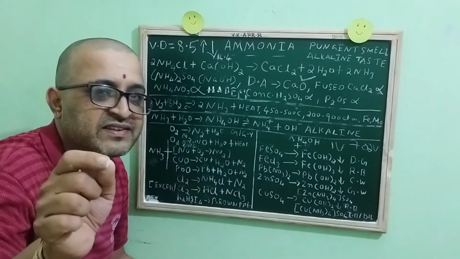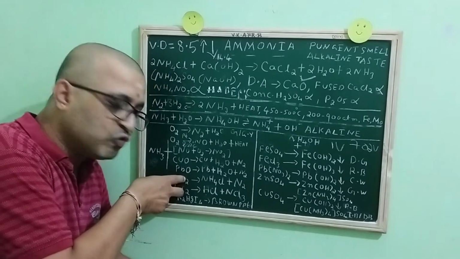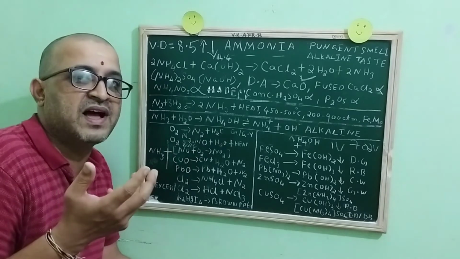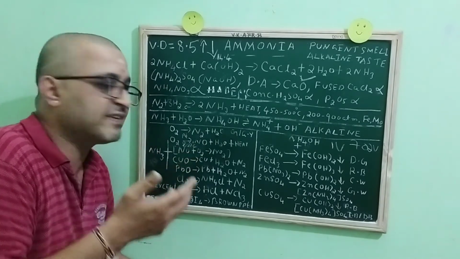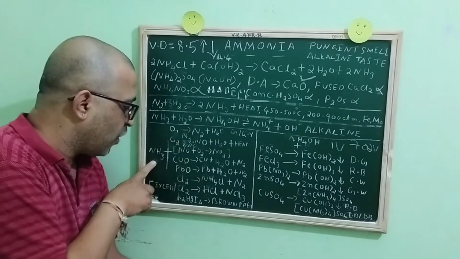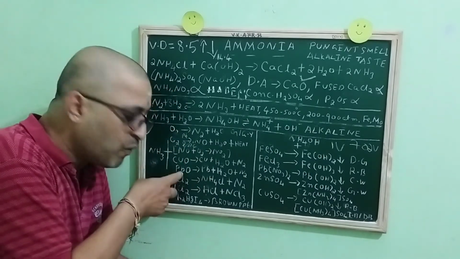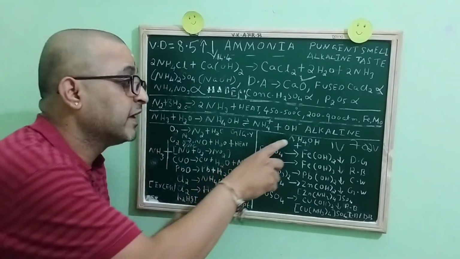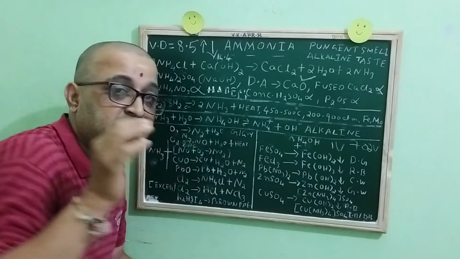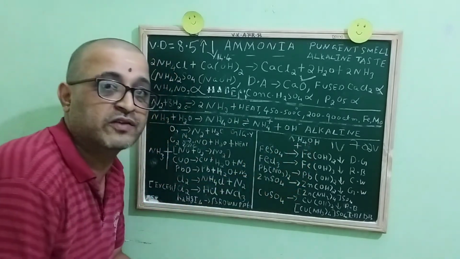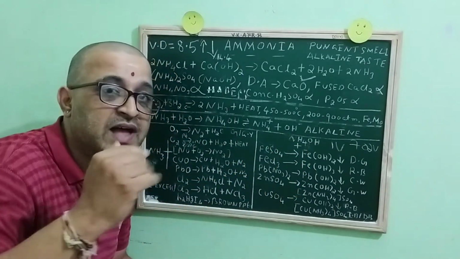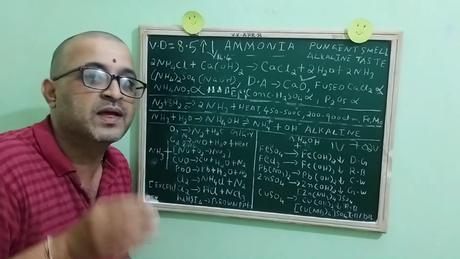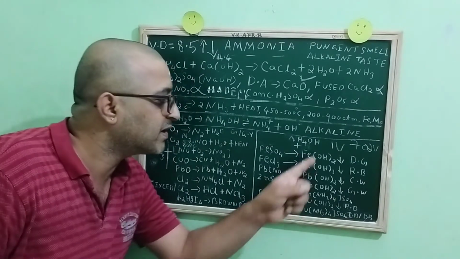Children, one most important thing is that, as I told you, in these two reactions chlorine oxidizes ammonia. Now suppose they ask you, name a gas other than oxygen which oxidizes ammonia, your answer will be chlorine, right children? Now coming to the most important thing: when ammonia is dissolved in water, you will get ammonium hydroxide. Suppose you convert the ammonia gas to liquid, you will call it liquid ammonia. When ammonia is dissolved in water, you will call it